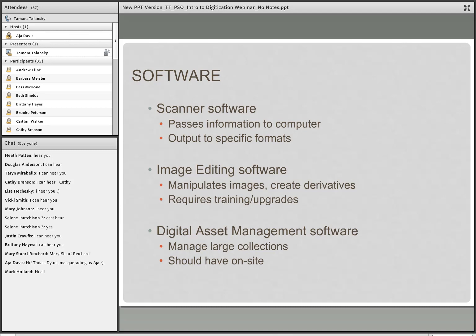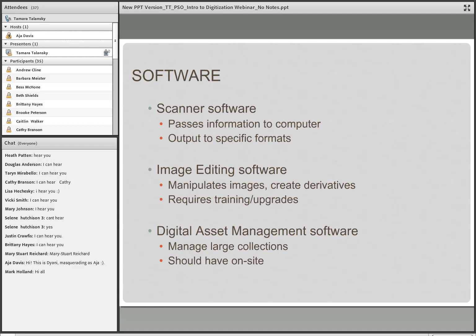There's also image editing software, and this software allows you to manipulate images and then create derivative image file formats. Photoshop is one of the standard image editing softwares out there, and I'm sure you've all heard of Photoshop. The issue is it will require staff training and future upgrades, and you need to make sure that your computer has the minimum requirements of the software.